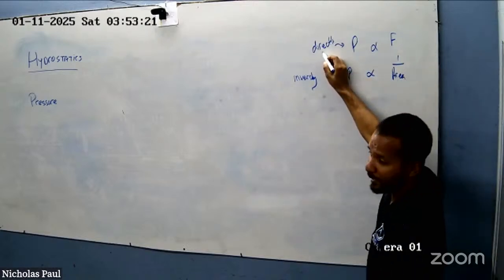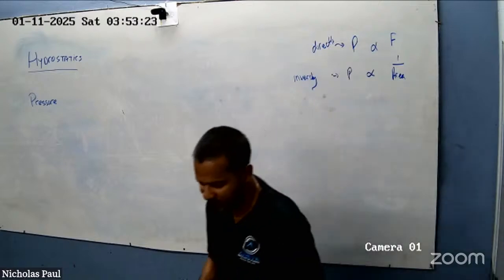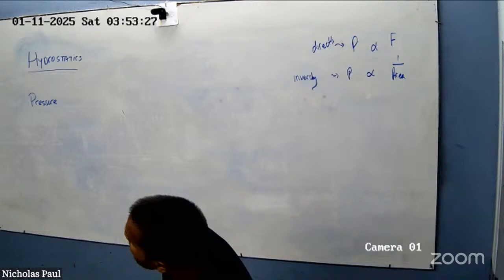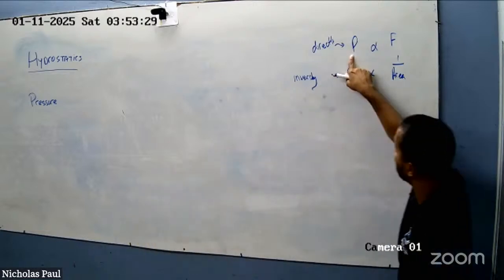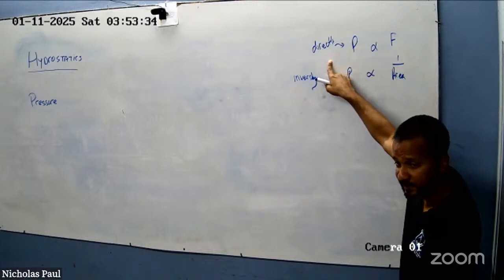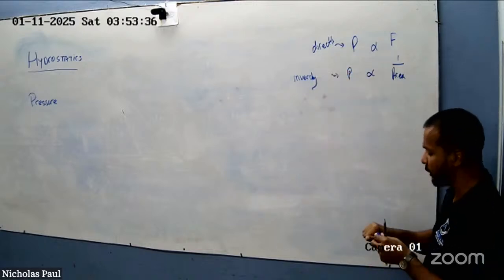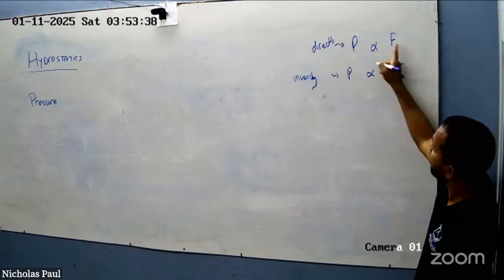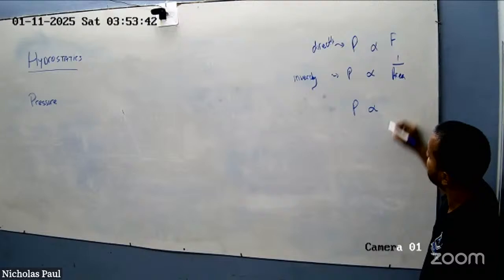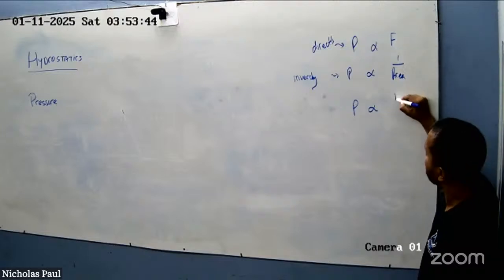Directly means as one increases, the next will also increase. So that's directly related. What we need to learn to do, of course, is to combine them. So if I combine two of them, I'll get pressure proportional to, just multiply them, force over